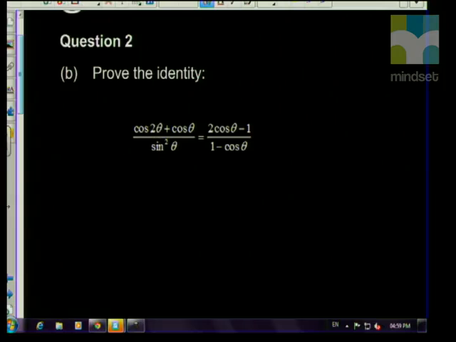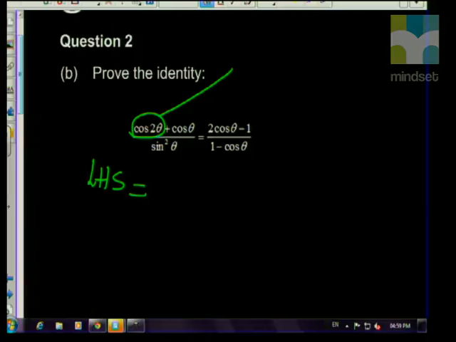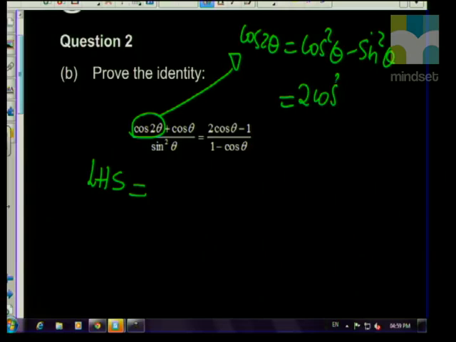So you can choose the right-hand side or the left-hand side. I'm choosing the left-hand side again. The left-hand side is now the cos 2 theta. Remember, guys, you've got 3 options for the cos 2 theta. Let me just write them down here. Your cos 2 theta is cos squared theta minus sine squared theta, or 2 cos squared theta minus 1, or